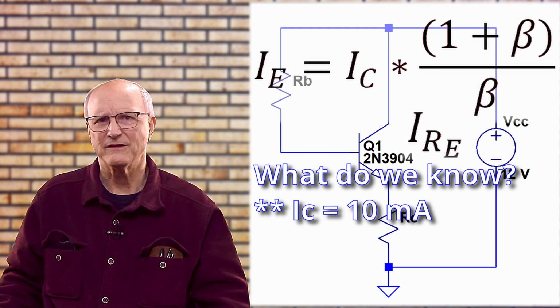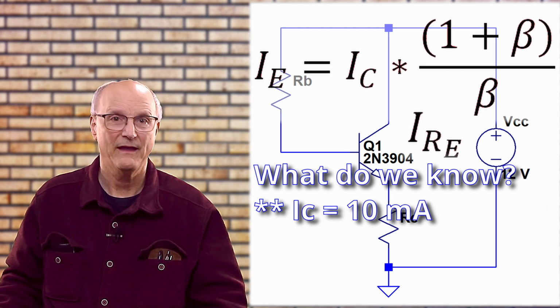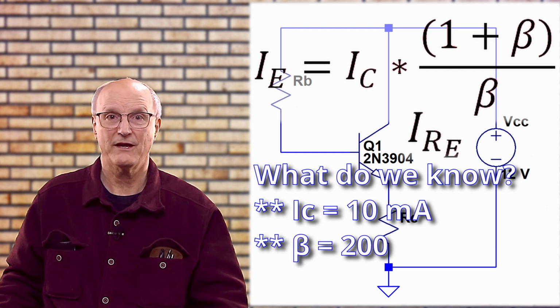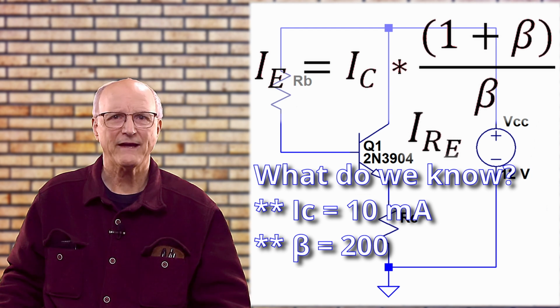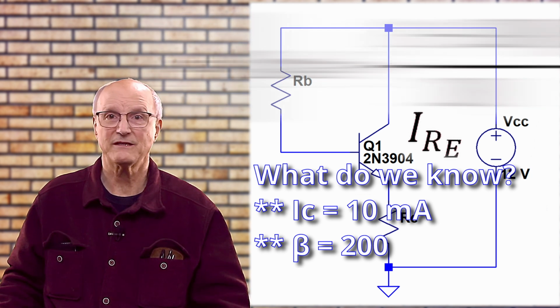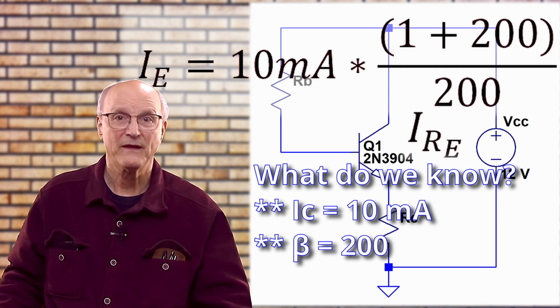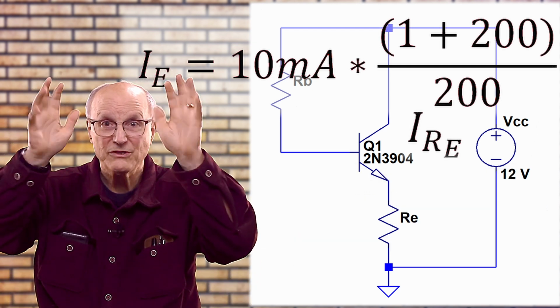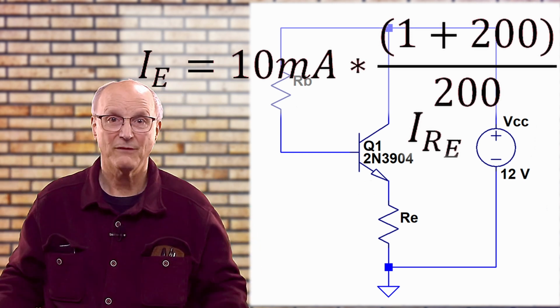We know that the defined collector current IC is 10 milliamps. And we know the DC current gain beta is 200. Putting these facts into our equation, this gives us the emitter current is equal to 10 milliamps times 1 plus 200 divided by 200,